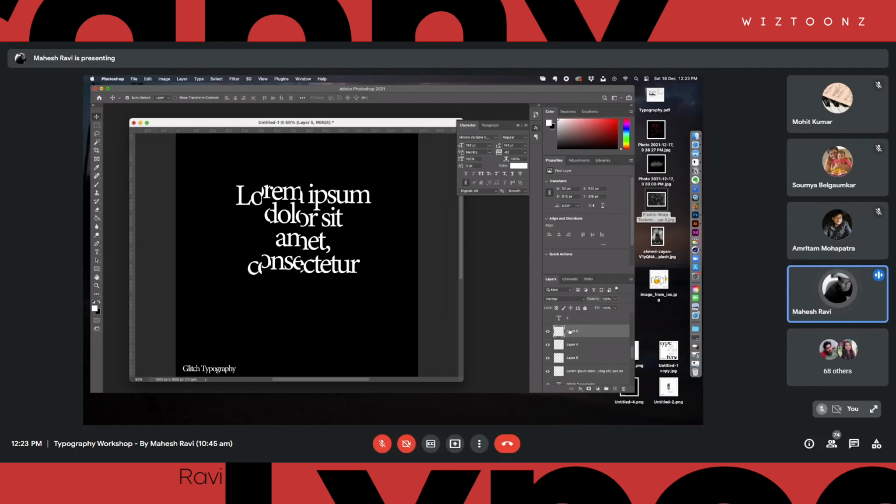So again, it's not about the readability, right? It might not be readable when you're doing something like this, but it's not about that. This technique is to make a person look at your design. These are techniques that you can use to increase your traction. When you see something slightly different from the norm, people are going to spend more time figuring out what this means, because it pulls them into the design. It's not for readability. You might not be able to use it in situations where readability is your priority, for example, when there is very important information that you want to share with people. You cannot use this technique.